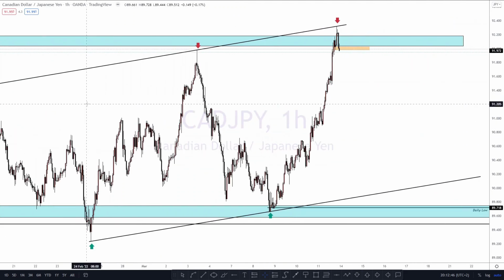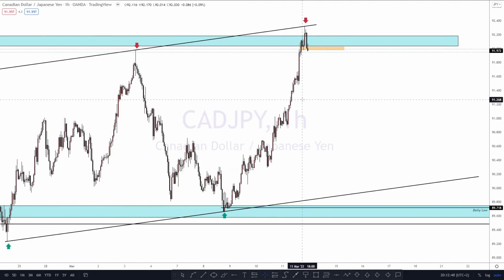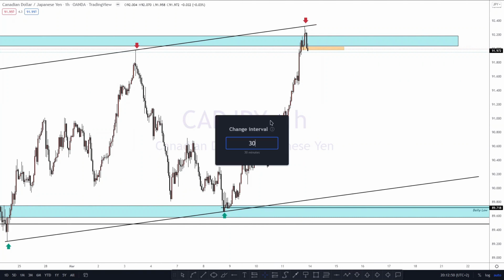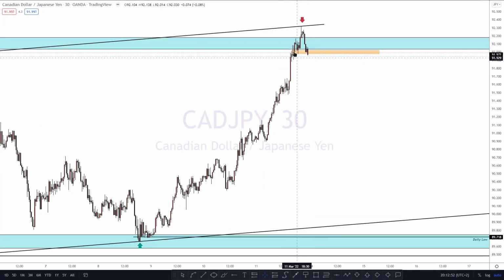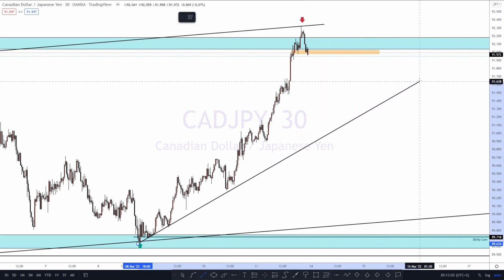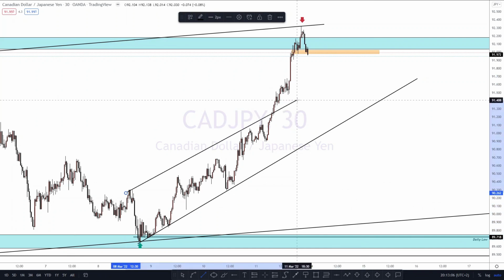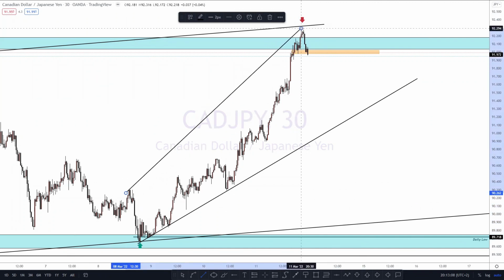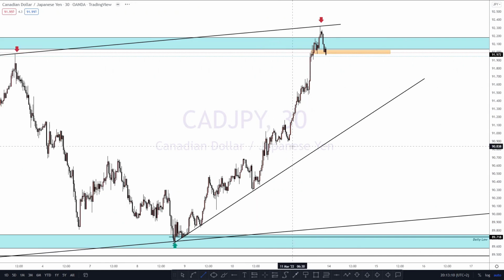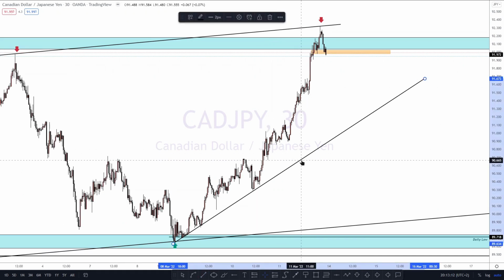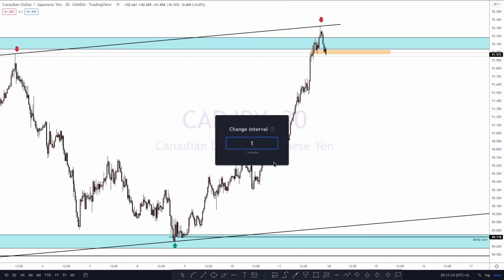So now we're just gonna move to 30 minutes and you'll see this high low if you are second guessing it. This is a high low, price moved up, came back to create a high low, created a high. Now if it breaks below this, then you could take a bit of a trade, or just look to take a trade in it. So from here there's nothing that I can see, because now my trend lines are not proper and I can't be doing this. That's not my style.